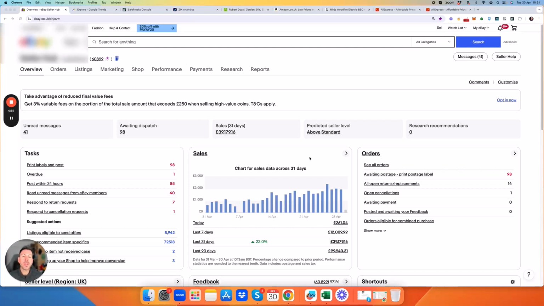So I'm in the UK, but it really doesn't matter. These methods, these ways, you can do no matter which country you're selling from and which platform you're selling on. It all translates the same way. It works. Okay. So before we get into it,